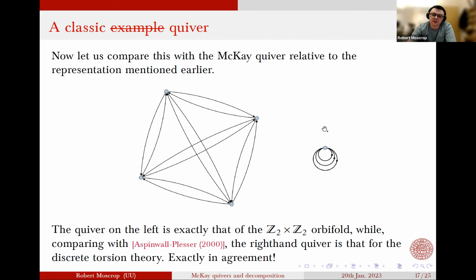And this is the key point here. If you widen your ideas of McKay quivers from linear McKay quivers to projective ones, you get a description of every single component. And in this case, it exactly matches up. So this is an exact agreement. We're good in this very, very simple case. So I'll now go through, maybe I'll just mention the general case, but if there are any questions, it might be a good time to take them now.